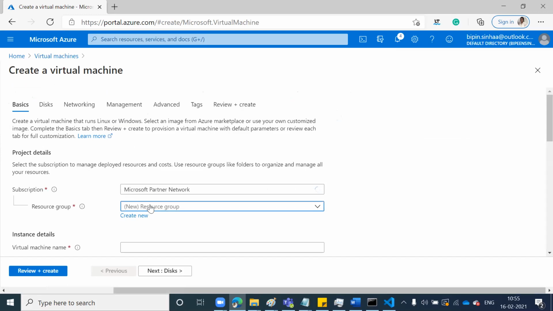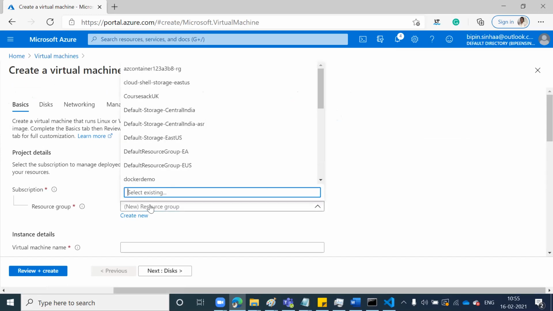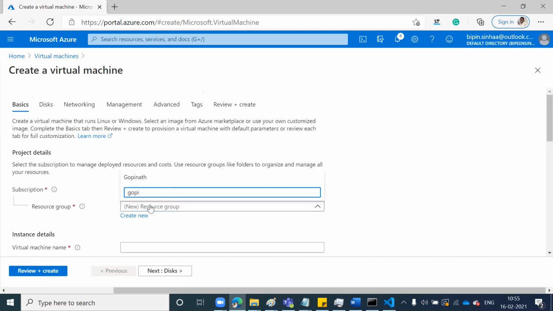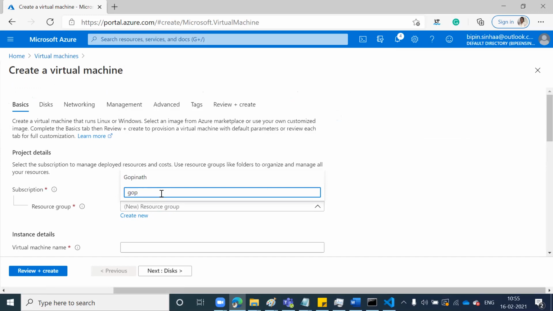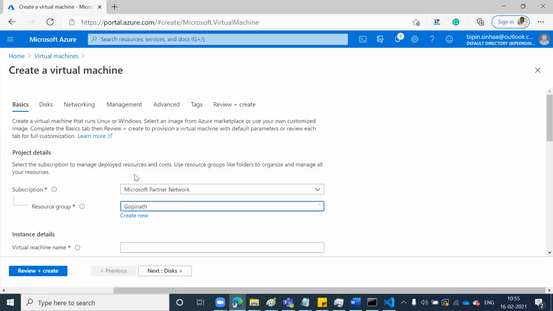So first it is asking you to select your resource group. So I will identify who has created it. Click that one. It's not showing as of now. Okay. Gopinath is not coming, right? I think it's showing on top. Gopi, just type G. Yeah, search selected. Yeah, very good.